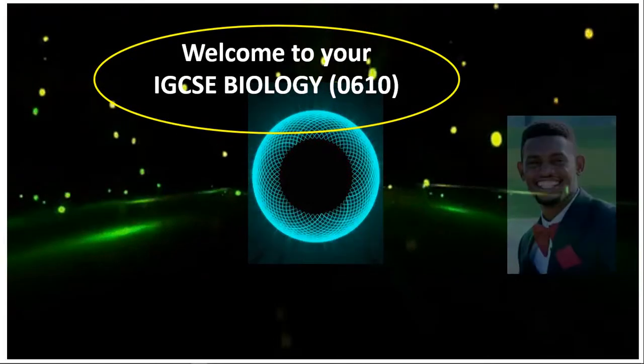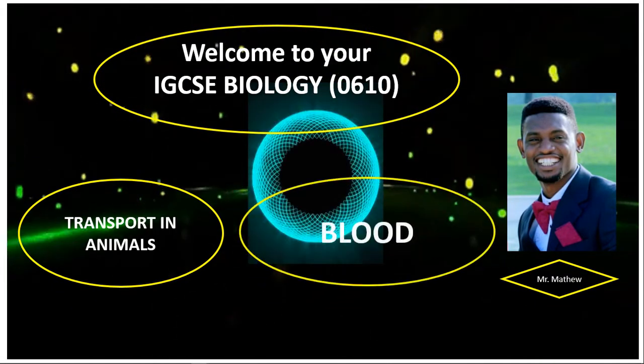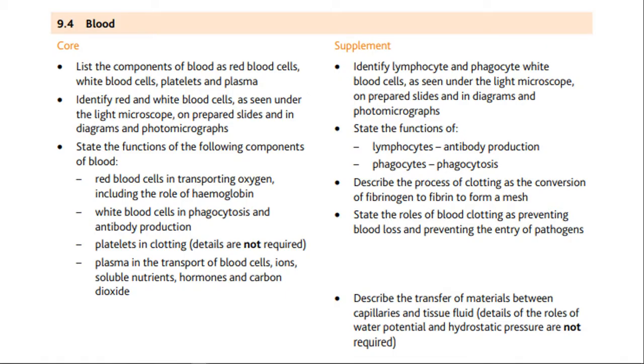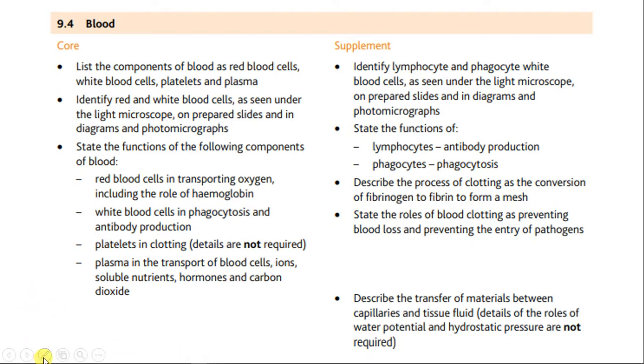As part of this topic titled Transport in Animals, in this part we'll be looking at the components of the blood. So, the learning objectives for this lesson include for us to be able to list